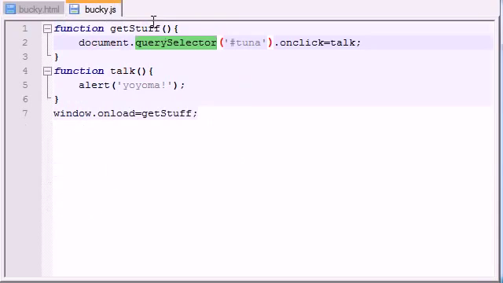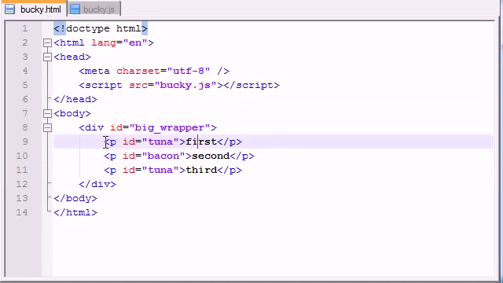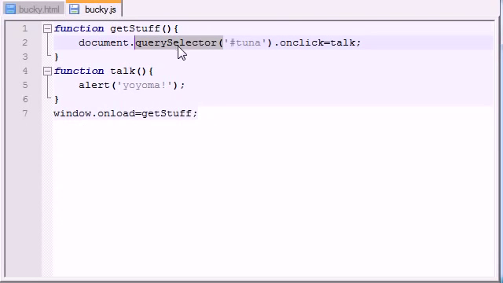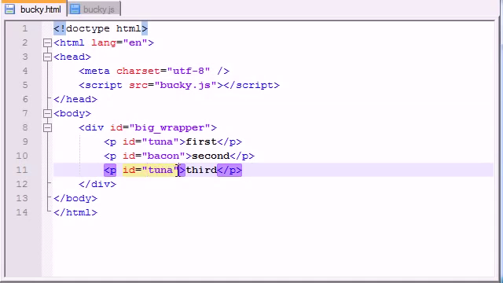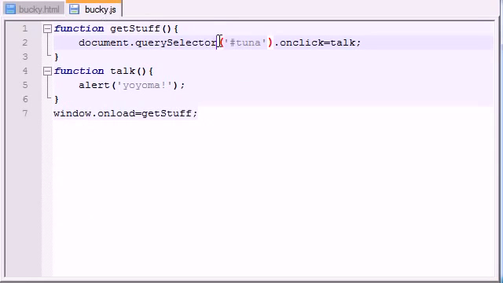And the reason behind that is because this query selector method right here only can return one single element. So even though there are more than one element with the ID of tuna, this method is limited to one element only. So what if we were making a program where we actually wanted to return all of the elements with the ID of tuna? Well, in that case, what we would need to do is make a method called, and let me go ahead and delete all this,